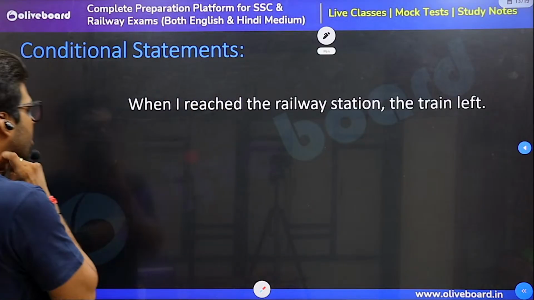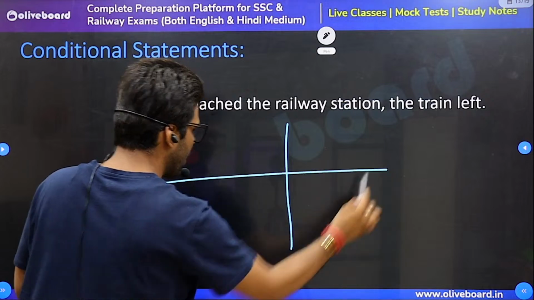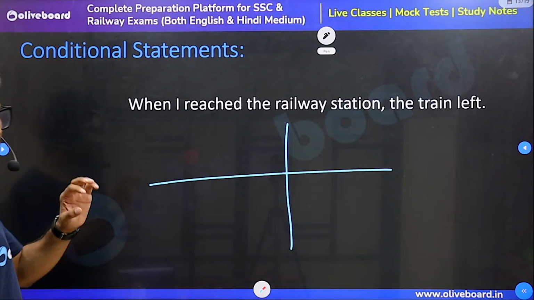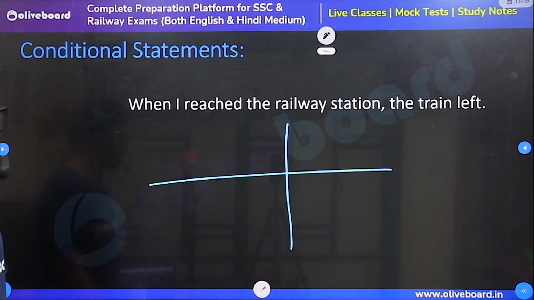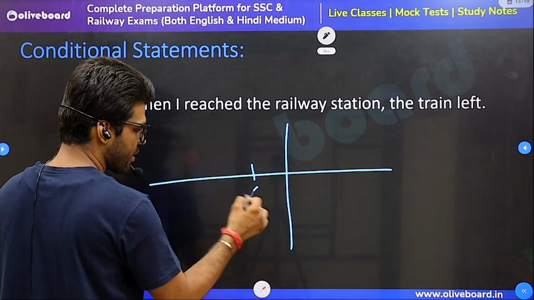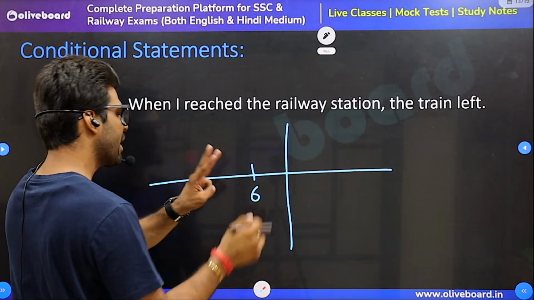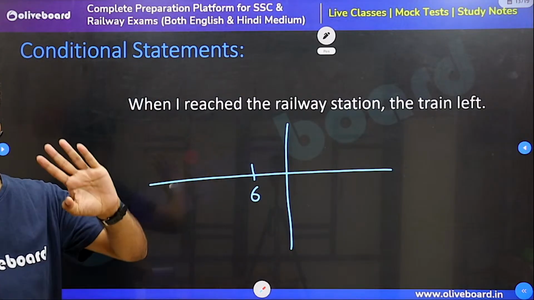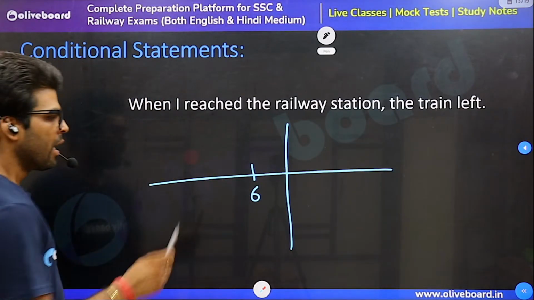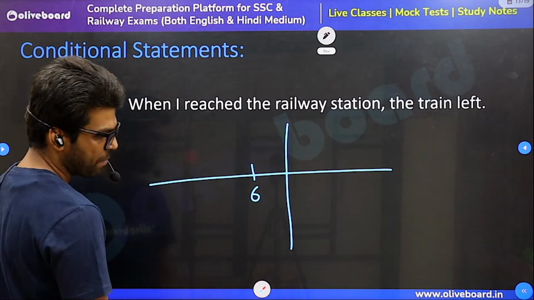Sometimes in the past, we mentioned real conditions. Imagine this. I can show you a point of time or reference also. Say I went to the railway station in the morning at 6. Say I reached home in the evening yesterday at 6. I can explain three situations here. Yesterday, I came home at 6 in the evening, say.